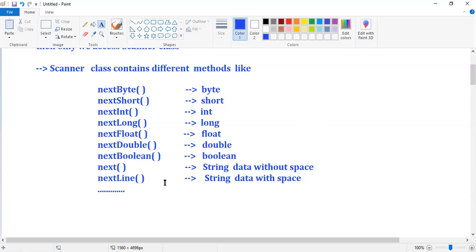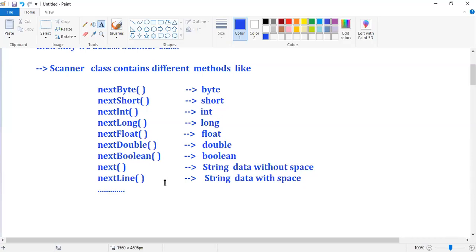Char data type. Observe, we have covered integer, floating values, double values, byte, short, long, boolean, and string type data, but except character, right?